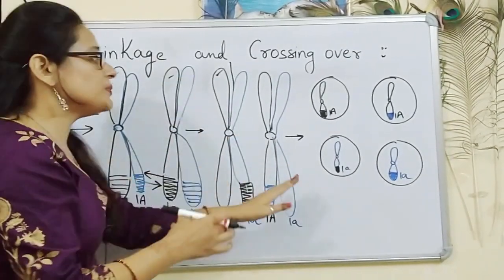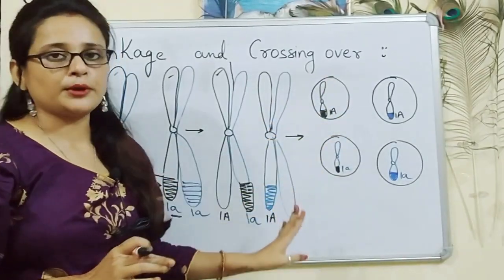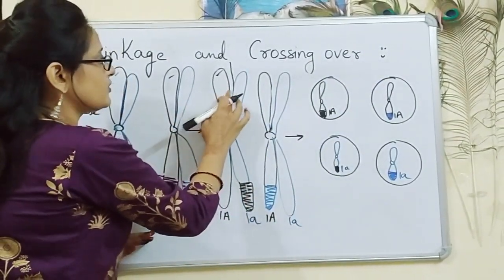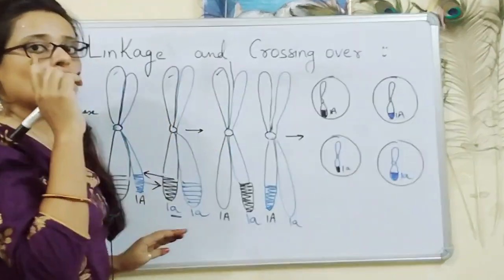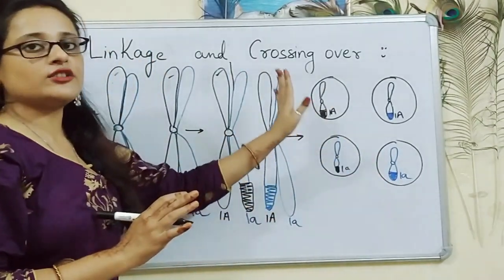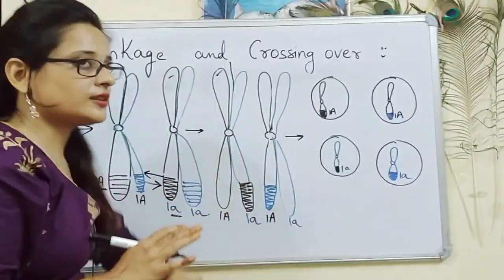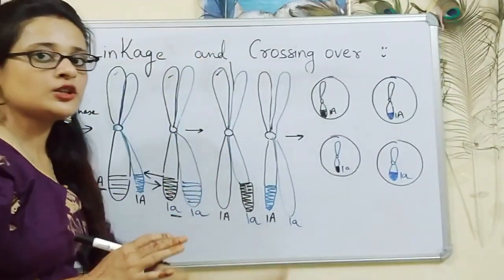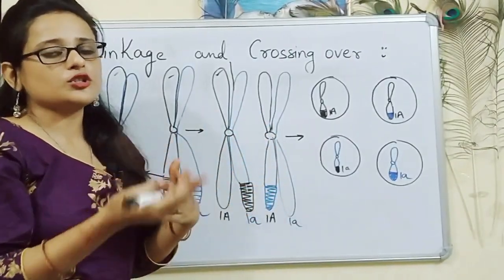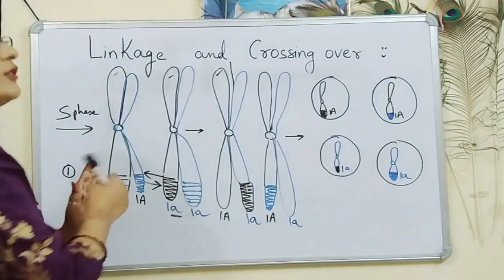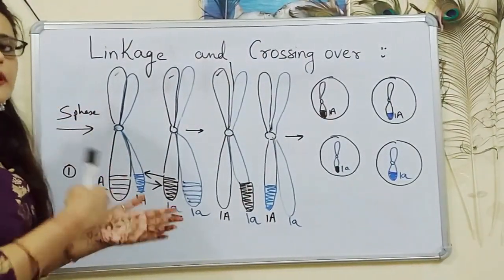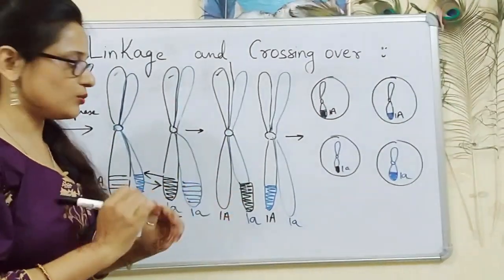So at the end of meiosis, as you all know, 4 cells are produced. Suppose here 4 sperm cells are produced. Each chromatid from these pairs will enter into every cell, as a result of which each cell will have 23 chromosomes, because there are 23 such pairs. These pairs are present in 23 number, and in each pair of homologous chromosomes, crossing over takes place differently. We have taken one example, and over here I have written capital A, small a. It can be different in different combinations in different chromosomes.